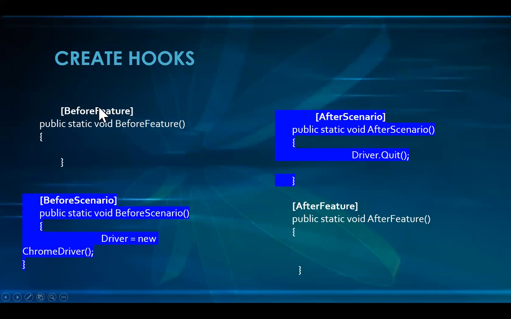In this example, as you can see now, I did not actually use the before feature. In the same way, I can even put my before feature at this point. Yeah, I can put my driver here. So the difference is like,